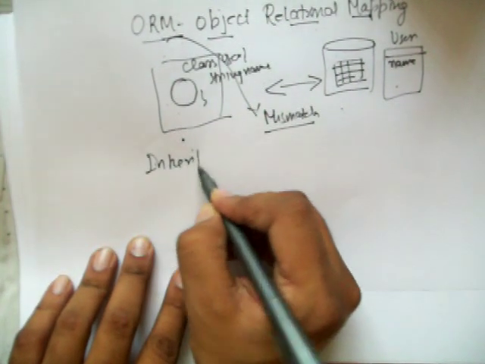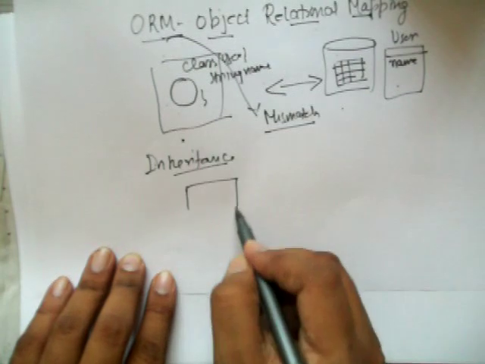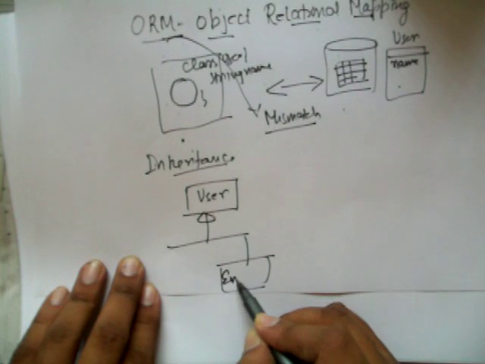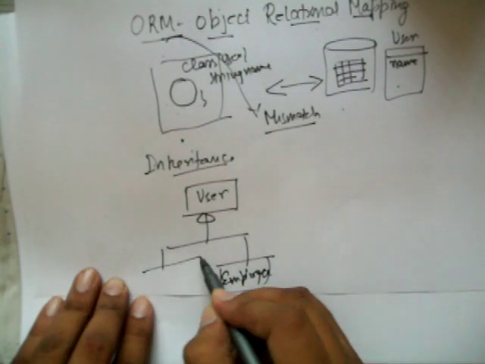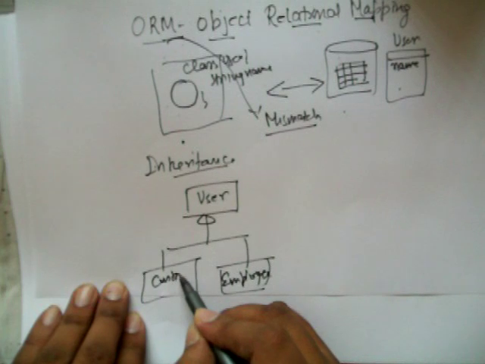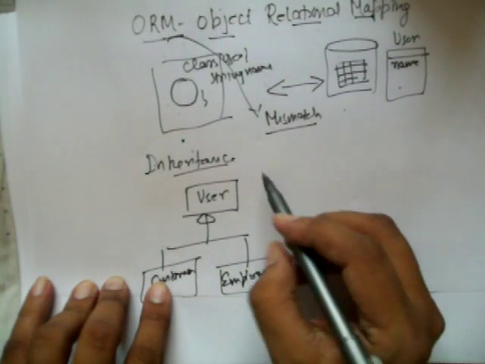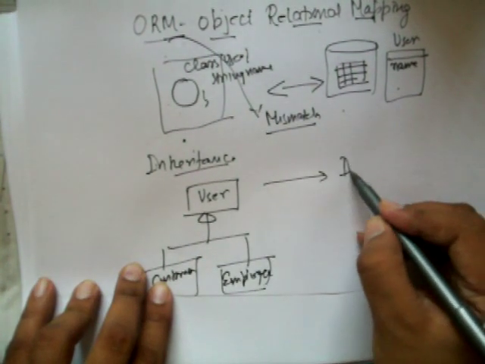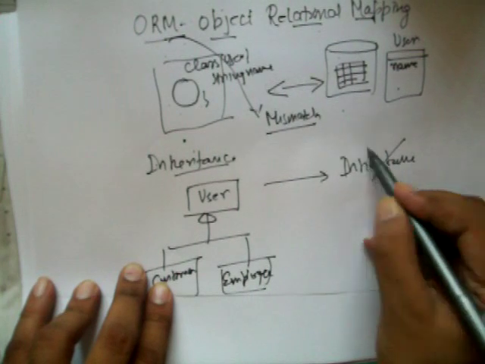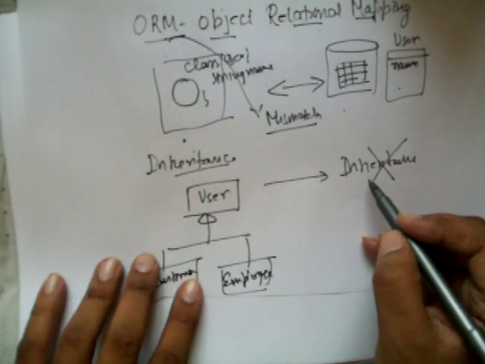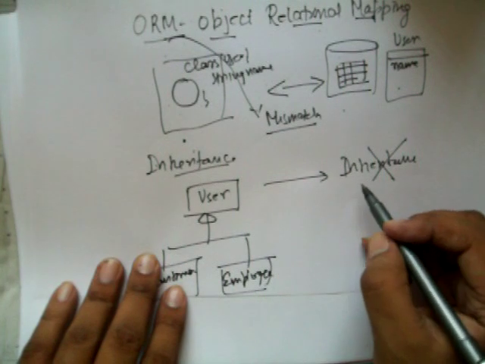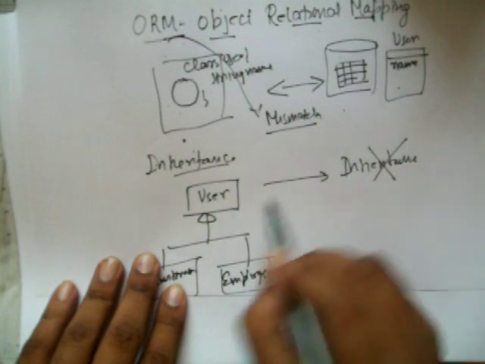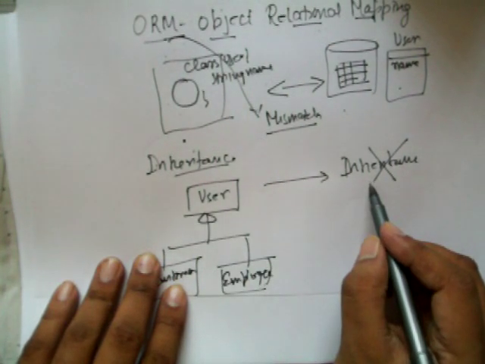The first one is inheritance. Let's say on the object world side you have User, which is derived by Employee and Customer. Now the question is how do we map this class structure in the relational world, because in the relational world there is no concept of inheritance. Even if it exists in some databases, it is highly proprietary and not portable. We'll not get into the strategies that are employed to map these two things, but the idea to understand here is that such a mismatch does exist.